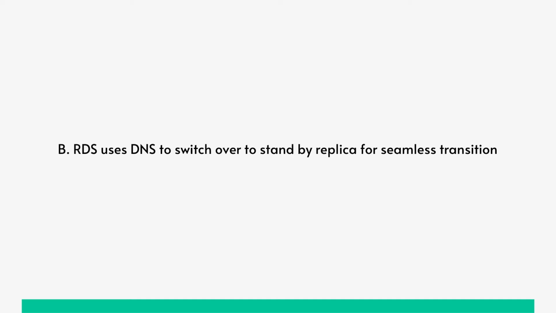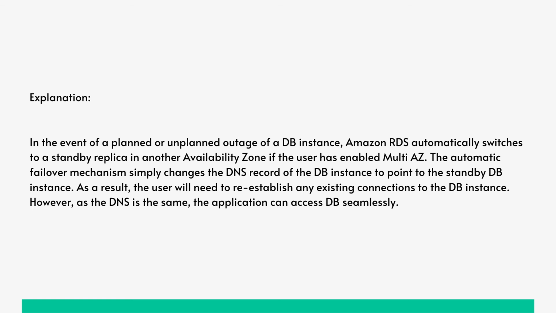The correct answer is option B. RDS uses DNS to switch over to standby replica for seamless transition. Explanation: